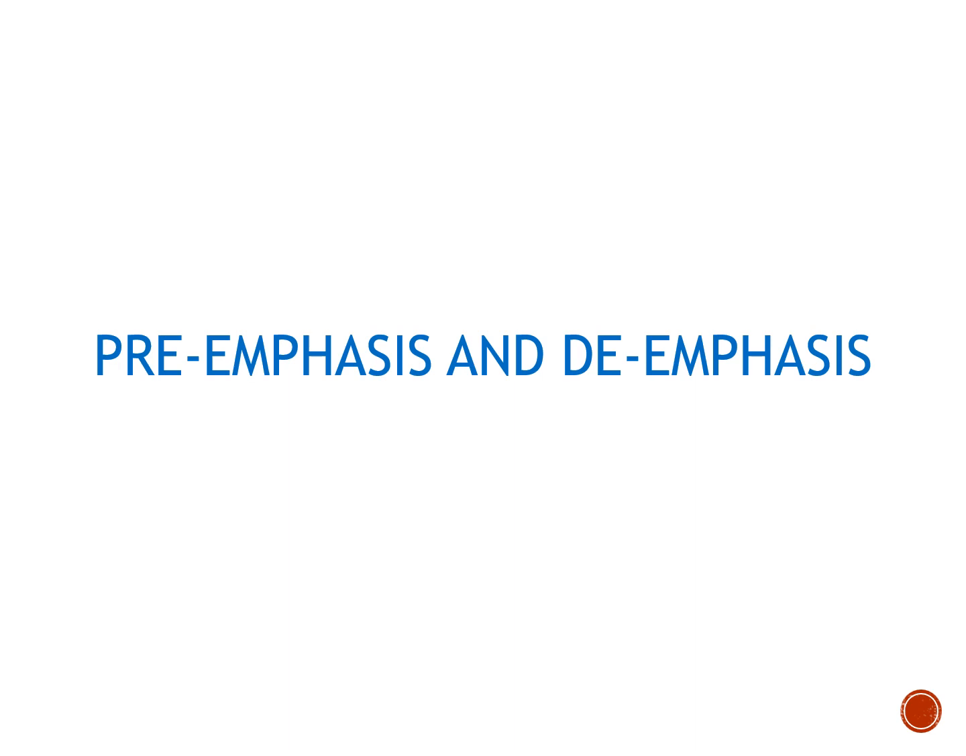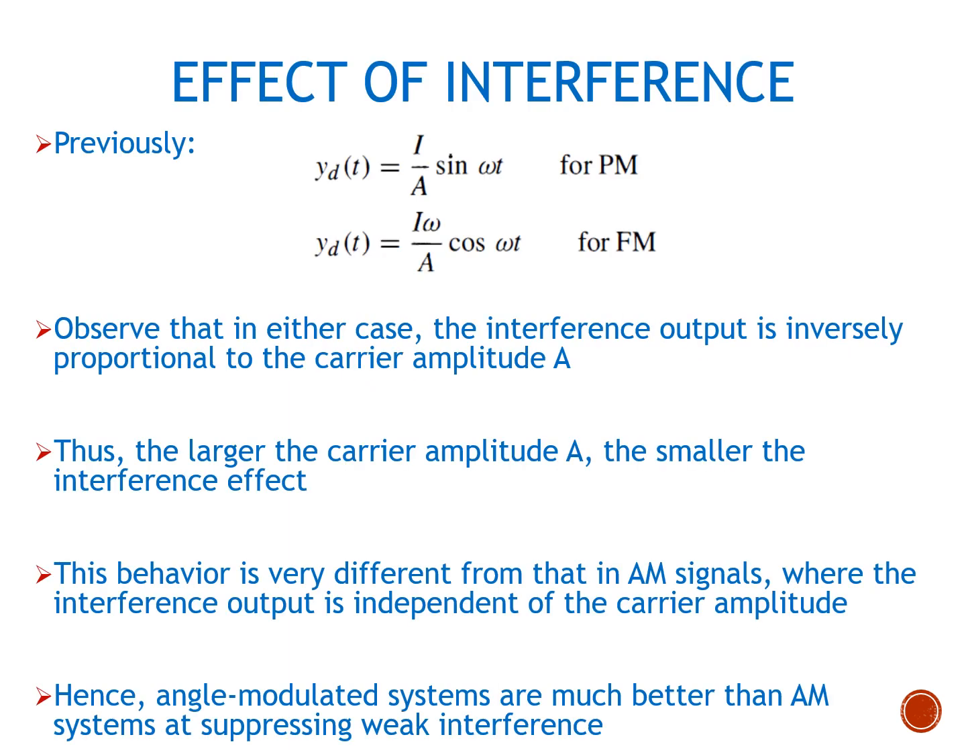So here we will discuss the pre-emphasis and de-emphasis circuits and how they work during the transmission of a frequency modulated or a phase modulated signal. In one of the previous videos, we have seen these expressions for the interference output YD for PM and